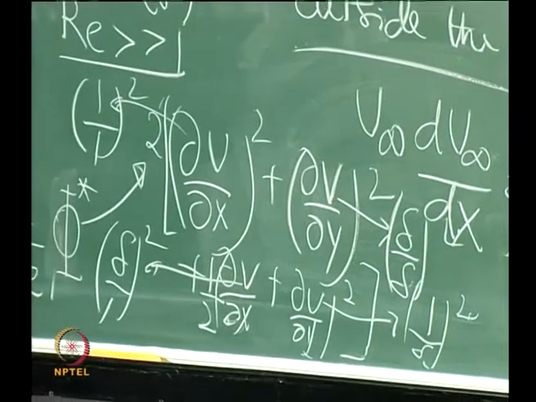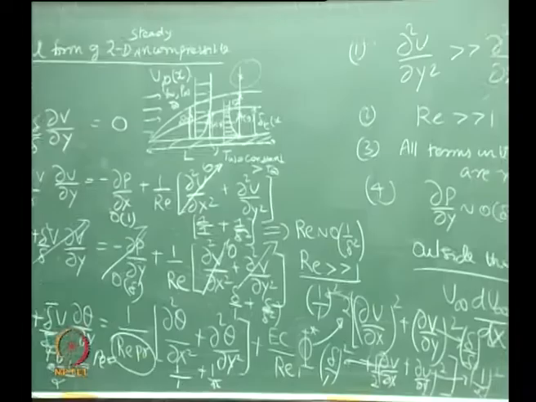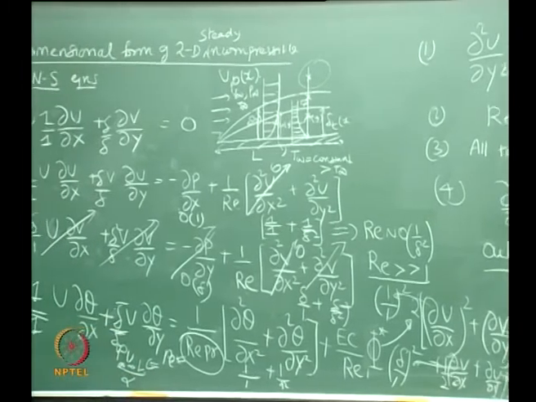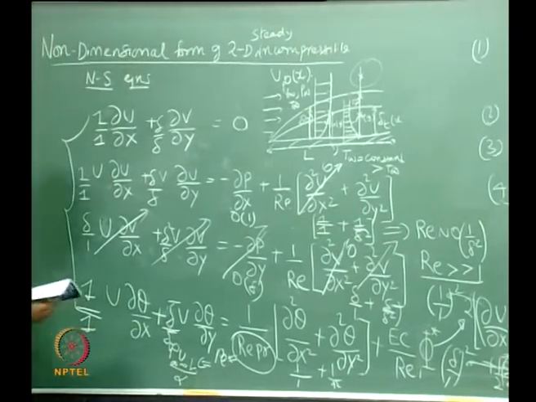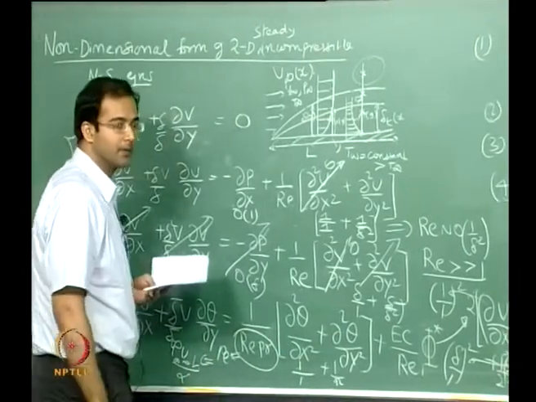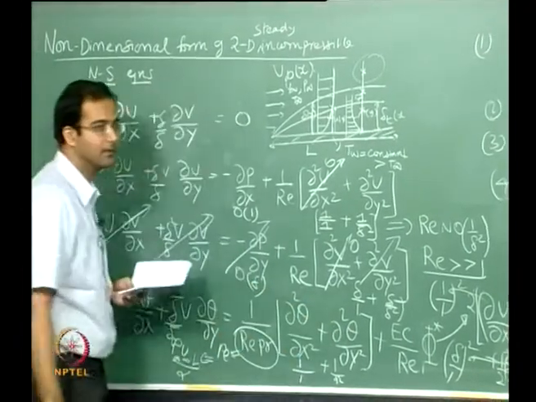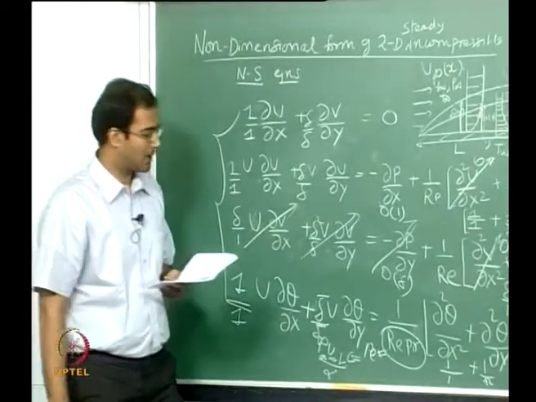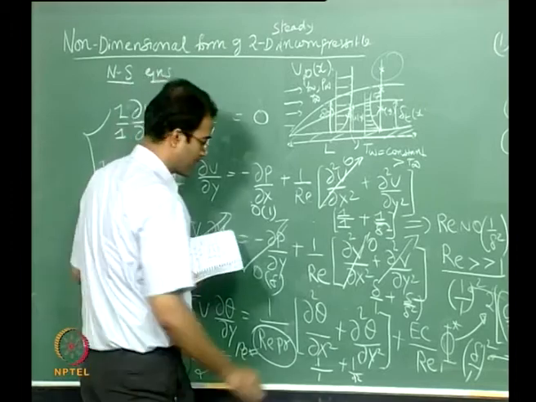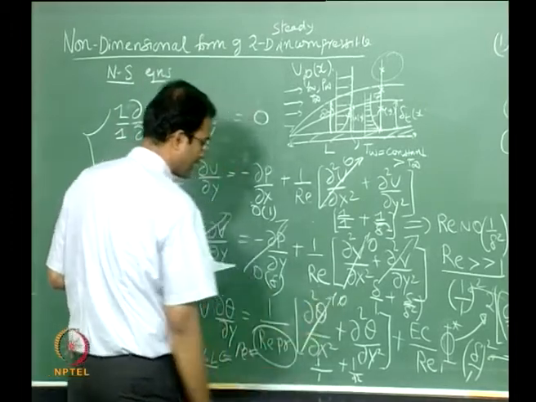So now which are the terms that we can neglect? Okay. So first coming to these two terms, between these two terms which is the smaller term? This is of the order of 1 over delta square. Okay, so this is going to be larger than the other, so this can be neglected.